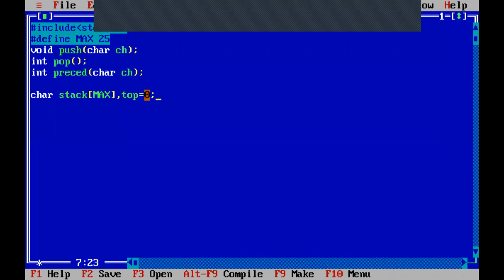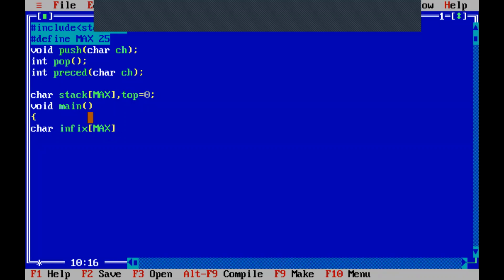All of you listen here. Top is initialized to 0. Got it? I had explained that top will be pointing to -1 when the stack is empty. But now we are directly pushing a left parenthesis onto the stack without any increment. If you make it -1 over here, we have to first increment and then push the left parenthesis. I'll tell you where it is. So we are starting the program. Inside the program, we will be using another character array called infix to accept the infix expression.